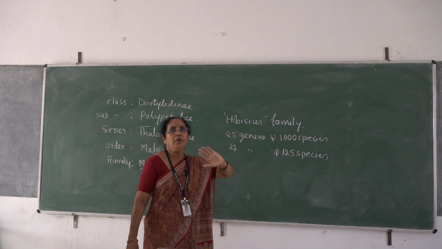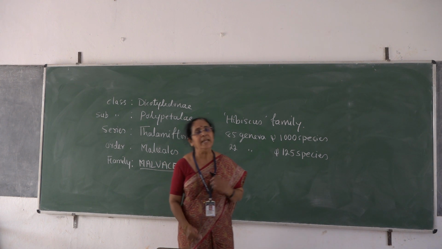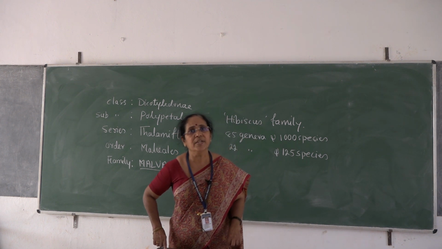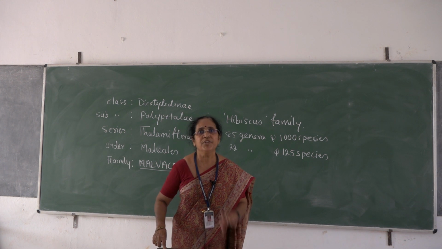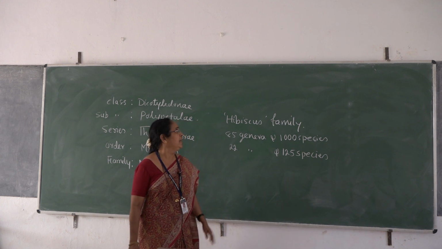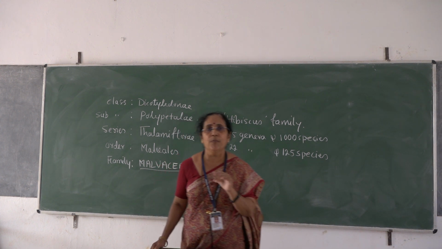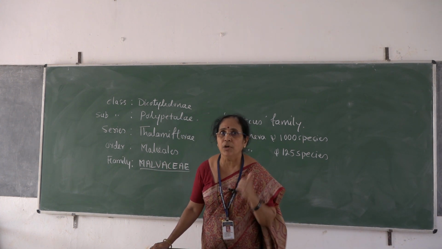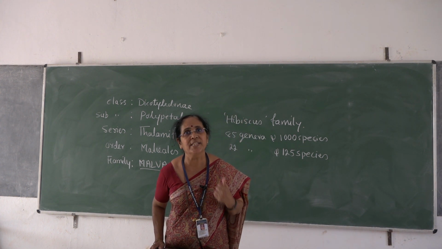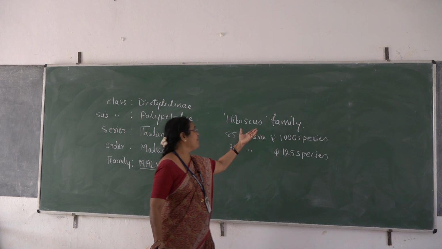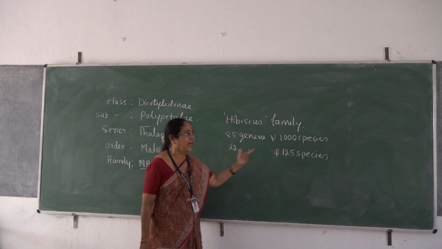Hibiscus, all of you know about the hibiscus. It is one of the most commonly cultivated garden plants. You will get hibiscus in your home, and that is a common garden plant which is an example for family Malvaceae. Apart from that, let me provide you one or two more examples. Cotton belongs to family Malvaceae, and lady's finger, Bendekai, belongs to the same family. So this is the hibiscus family, which has 85 genera and 1000 species, among which only 22 genera and 125 species are